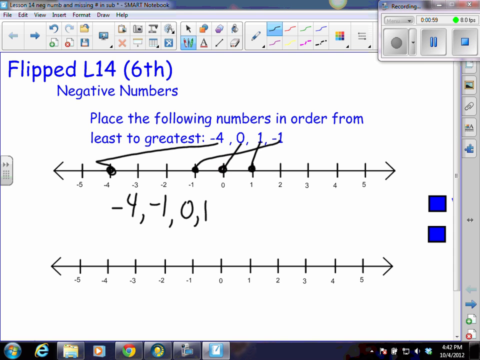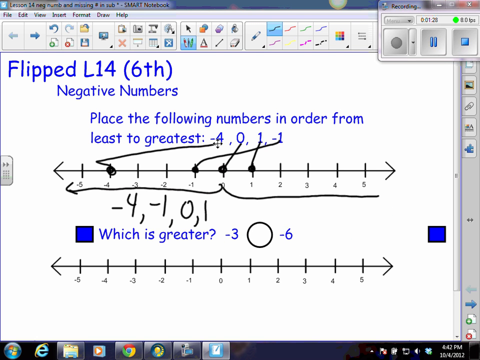0, and 1. Since our positive numbers are going this way and our negative numbers are going this way, we can understand that -1 is much less than 0 and 1, and -4 is definitely less than all three of those numbers. And so we have our first idea there. From there we can move on,